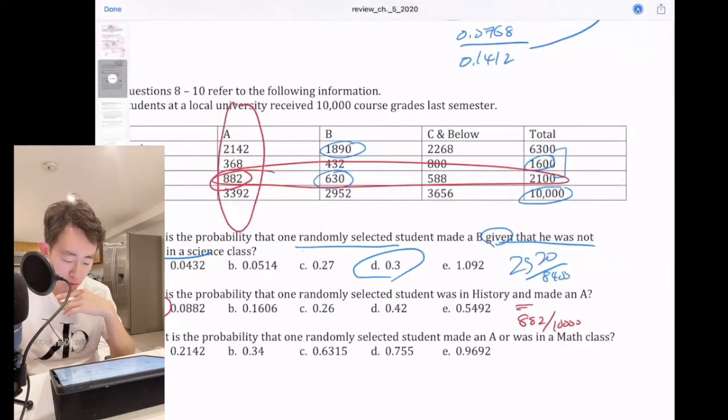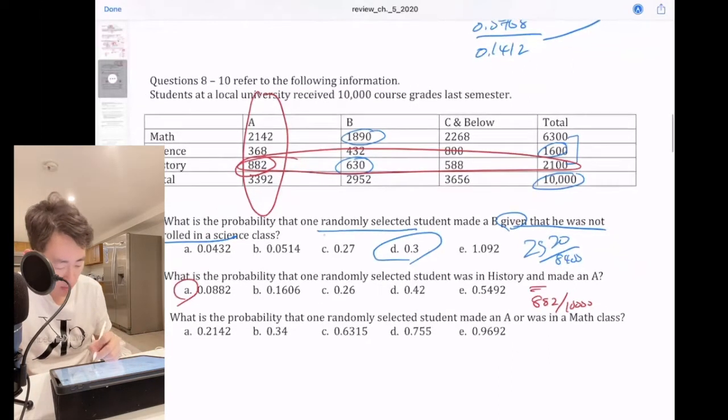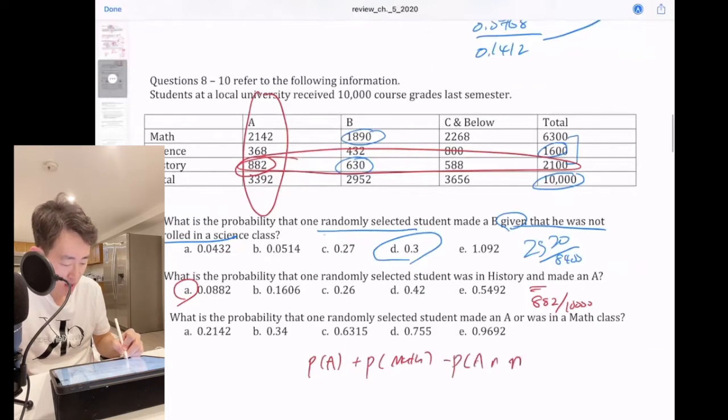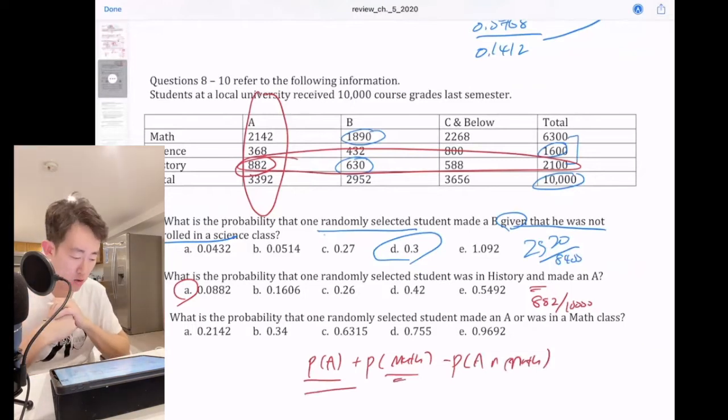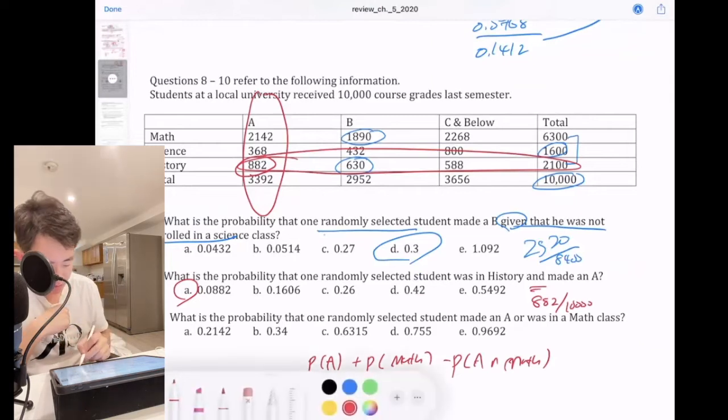What is the probability that one randomly selected student made an A or was in math class? So the probability that the student made A plus the probability the student was in math class minus the probability of A and math. Remember that you add the two probabilities up, subtract the overlap, and then you should be able to get the correct answer. So made A